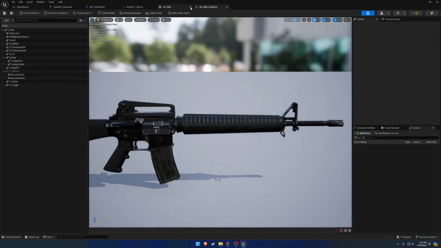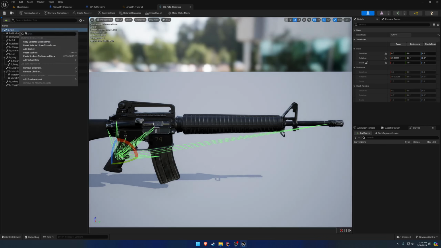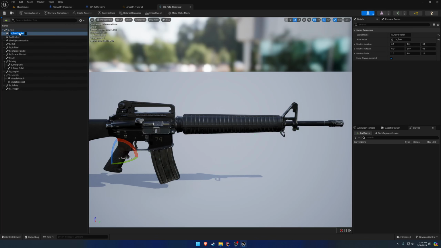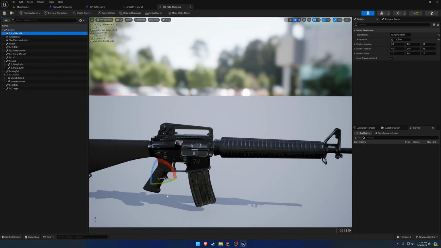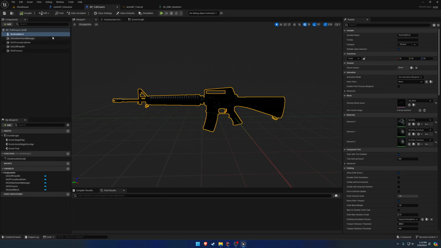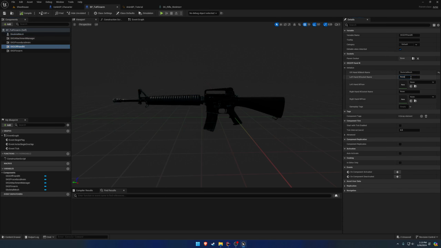So it'll carry down to the other SK rifle without the attachments. So we're going to create a new socket. I'm going to call this one S_left hand IK. And I'll leave it somewhere in there for now. So we want to remember the name: S_left hand IK. And we're going to paste that into the